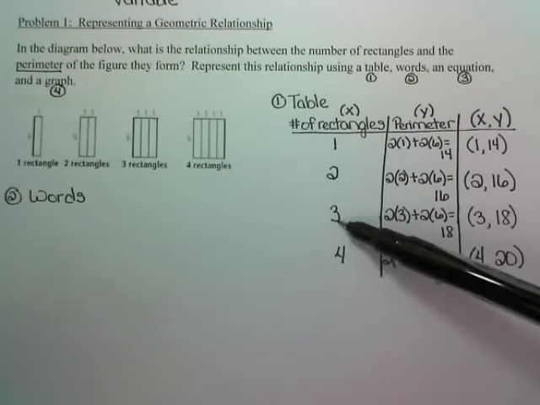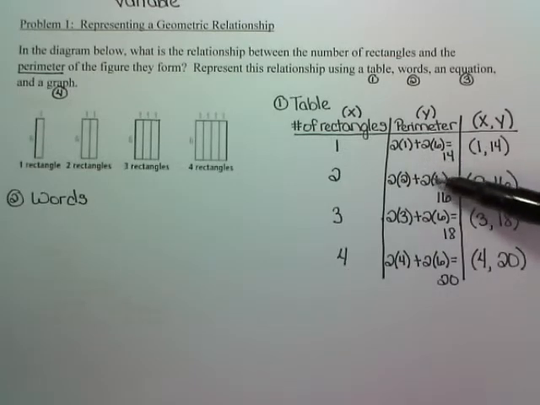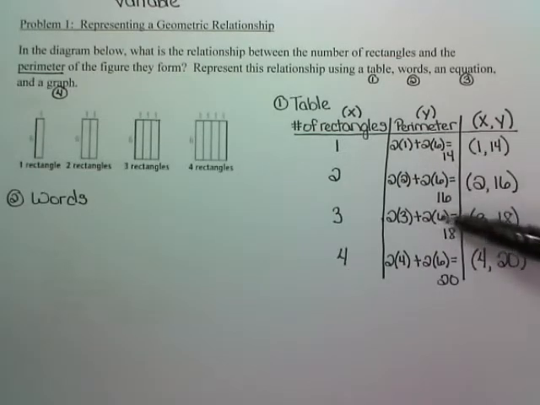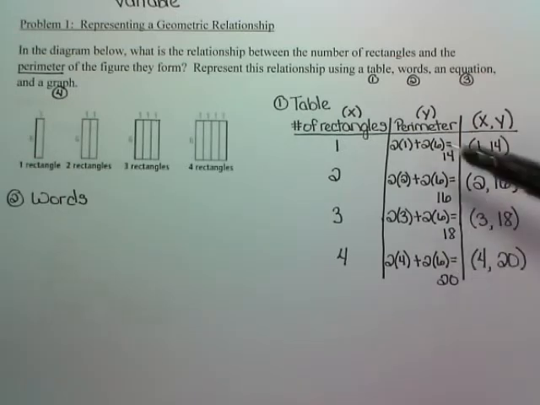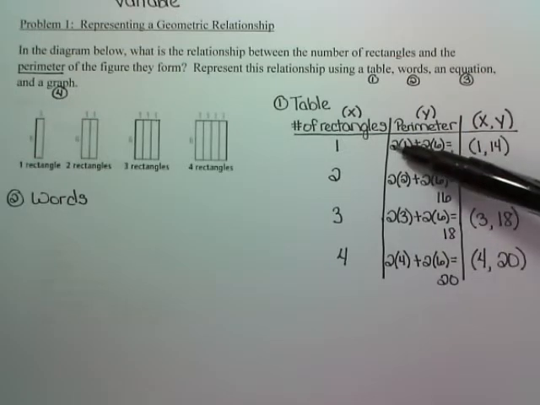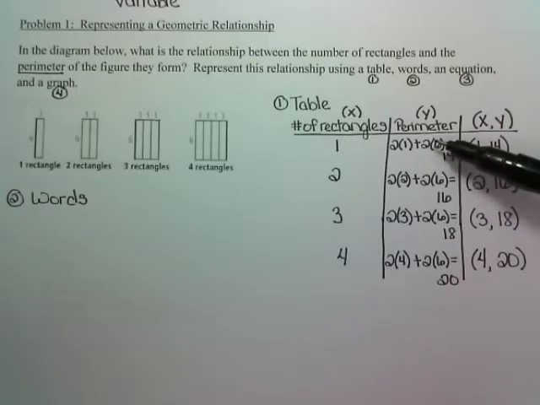That's where the 1, 2, 3, and 4 are coming from. I'm multiplying 2 times 6. That doesn't change. It's always 2 times 6. So what's happening here is I'm multiplying 2 times the number of rectangles, and then I'm adding 2 times 6